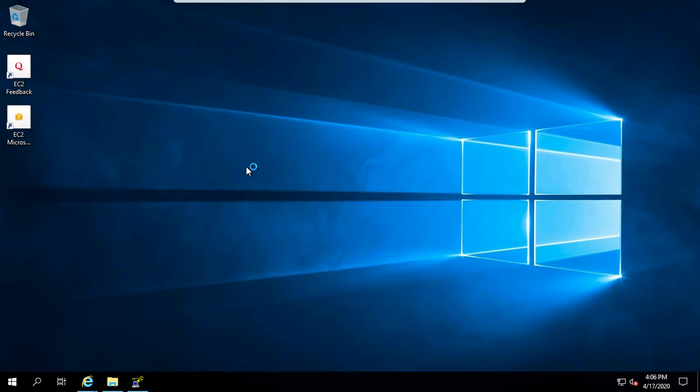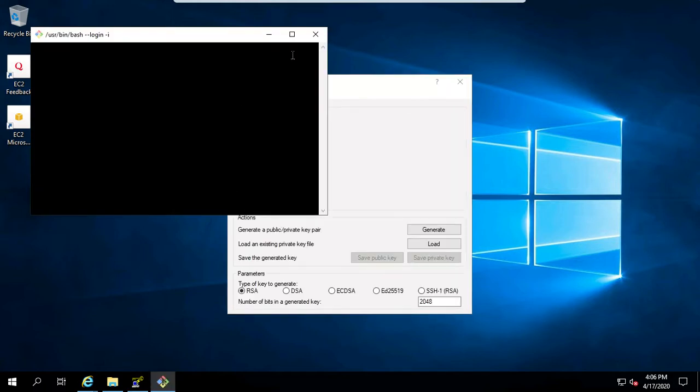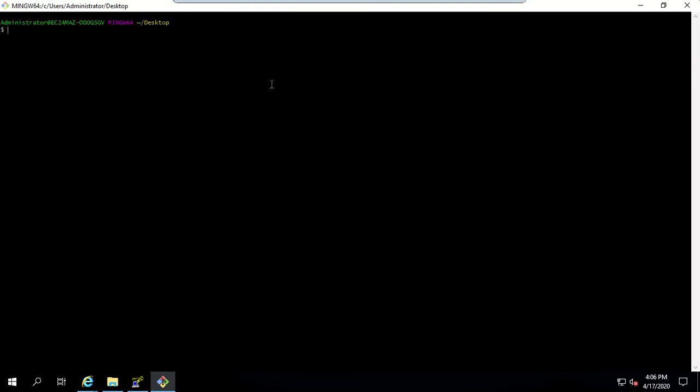When I click on Bash, it opens up the terminal that I can use to connect to my instance or run my SSH commands. By default this will open up in the location where you do Git Bash Here. I right clicked my mouse on my desktop, so it has opened up in my desktop location. Now here is the command that you'll be using to connect to your EC2 instances: SSH, then your username. In the last class, like I said, your username will depend on the AMI. I'm going to use the same instance, so my username will be ubuntu.